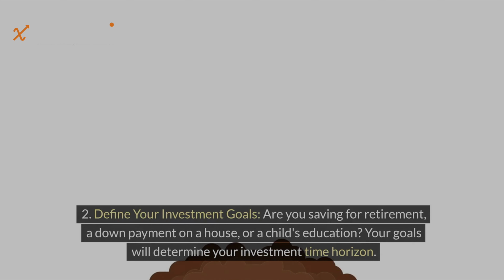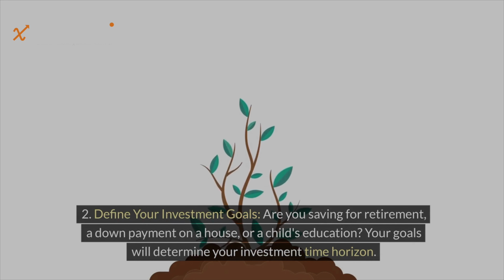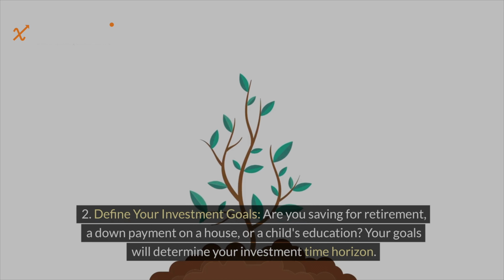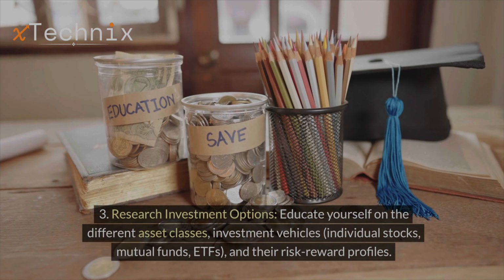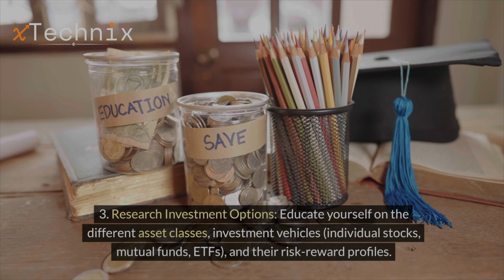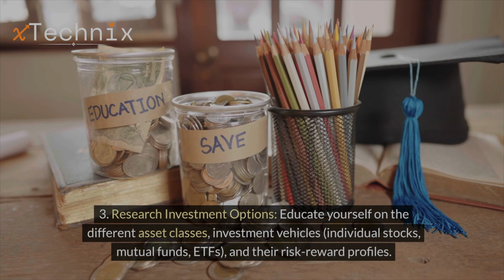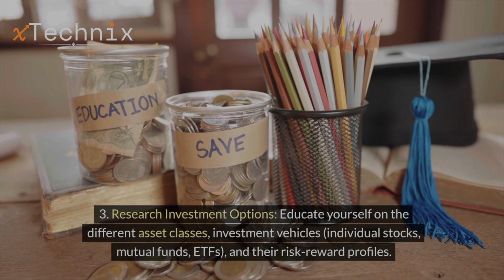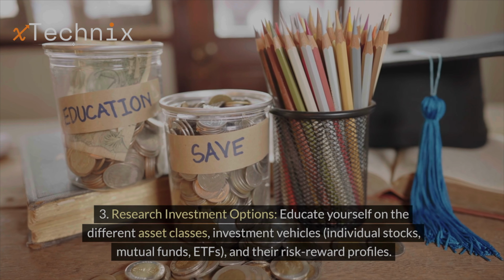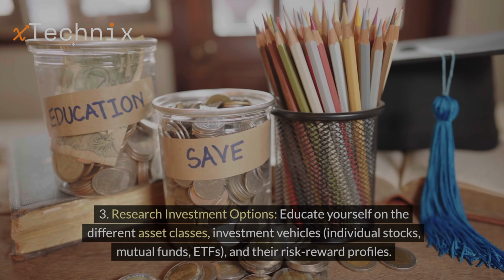2. Define your investment goals. Are you saving for retirement, a down payment on a house, or a child's education? Your goals will determine your investment time horizon. 3. Research investment options. Educate yourself on the different asset classes, investment vehicles, individual stocks, mutual funds, ETFs, and their